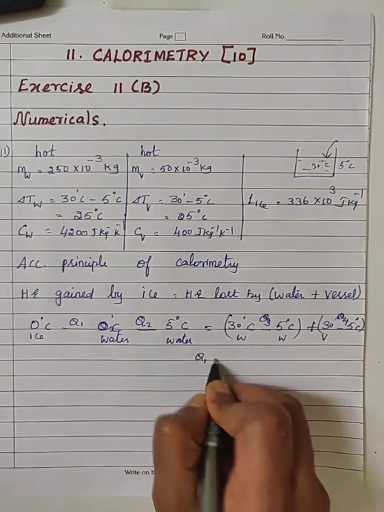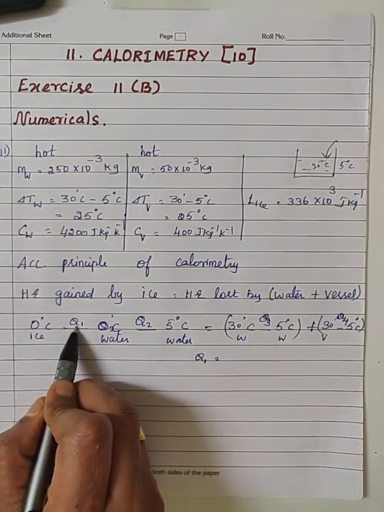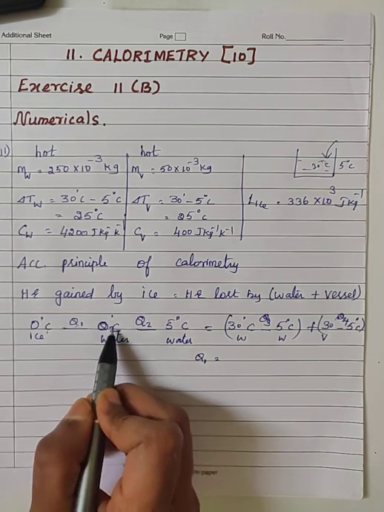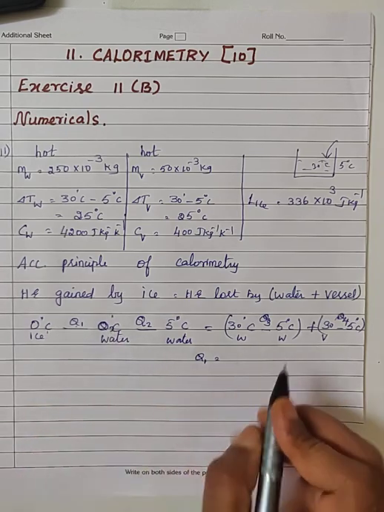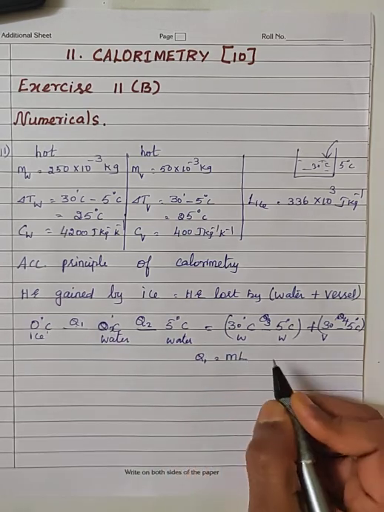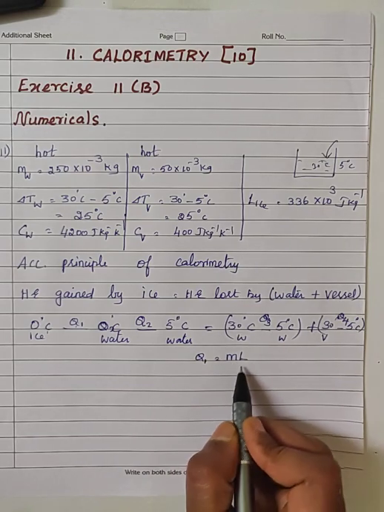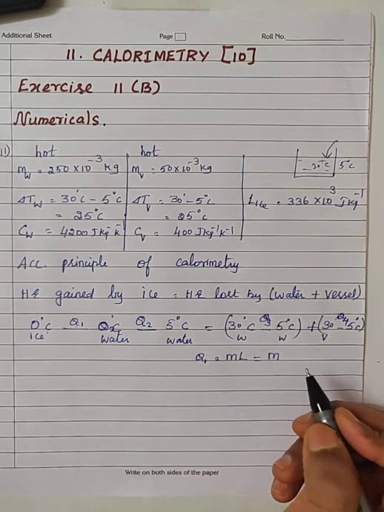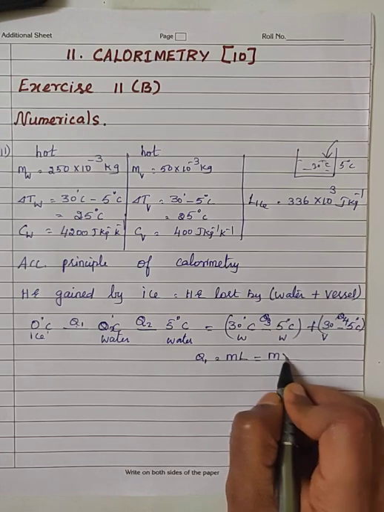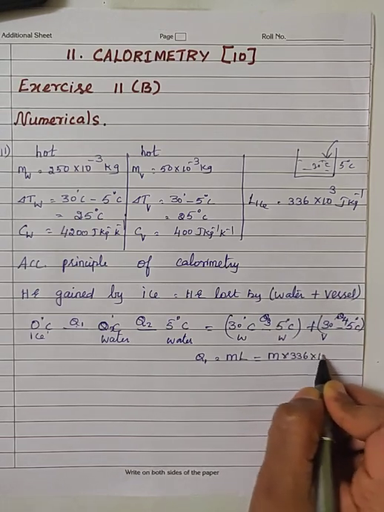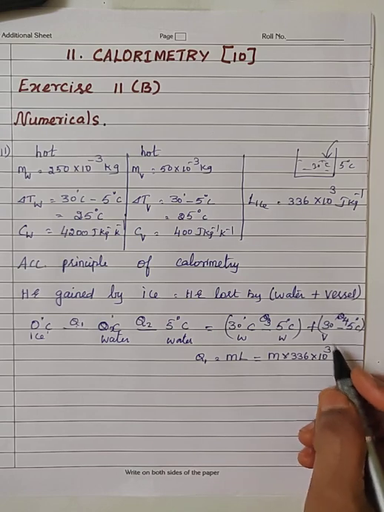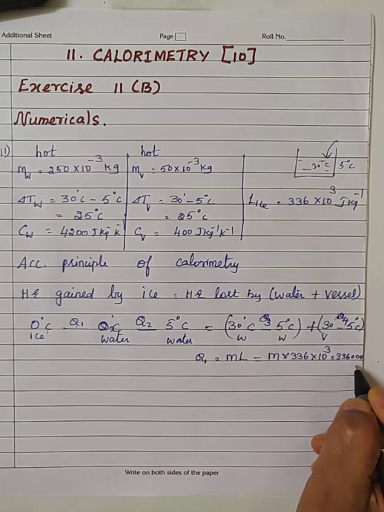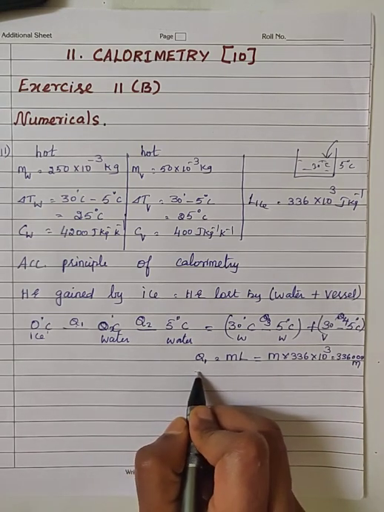Now Q1 is equal to, first one, Q1 amount of heat energy is absorbed by ice at 0 degrees Celsius to convert itself completely into water at the same temperature. Here there is a change of phase. So change of phase means the expression is m into L, where m represents mass of the ice, L represents the latent heat of the ice. But mass of ice is not given, so we write it as m. Latent heat of fusion of ice is given as 336 into 10 power 3. So we can write it as 336,000 m.